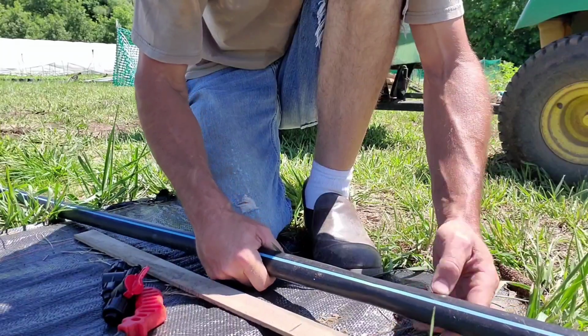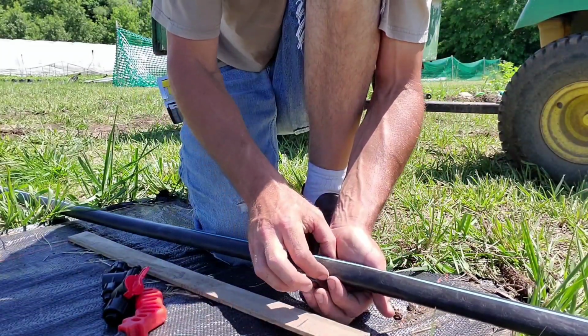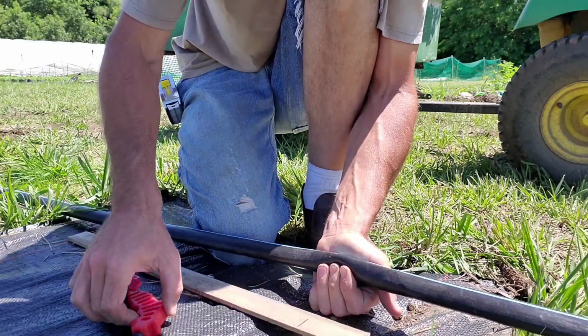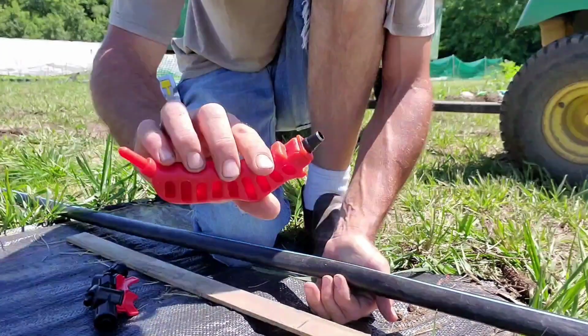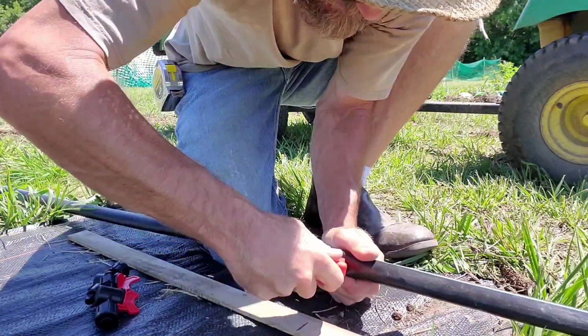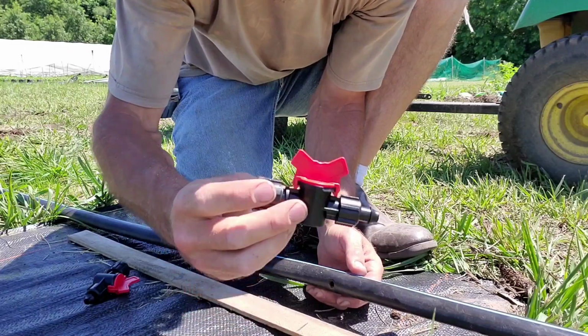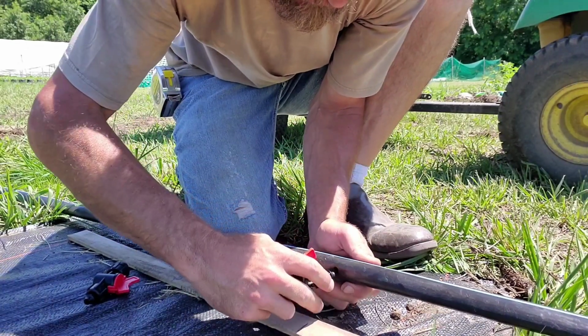So this is lay flat hose with a blue stripe on it. I typically keep the blue stripe upwards, but that's right where the fold is, so you have to give it a little squeeze. Then take your punch tool, which is the one they included in the kit, and go in right in the side of it. Easy as that. Take my emitter, got a shut off on it,